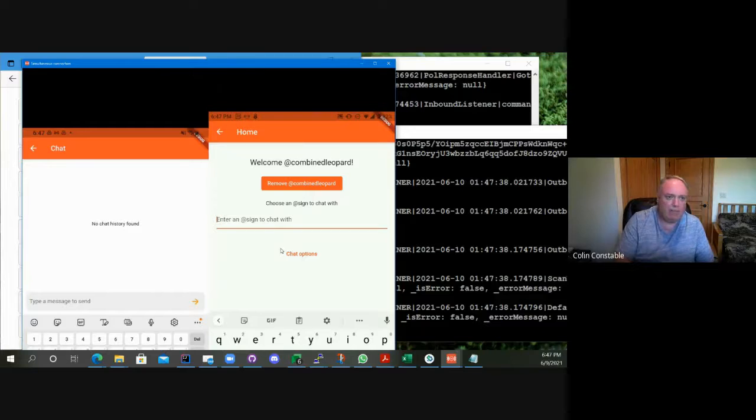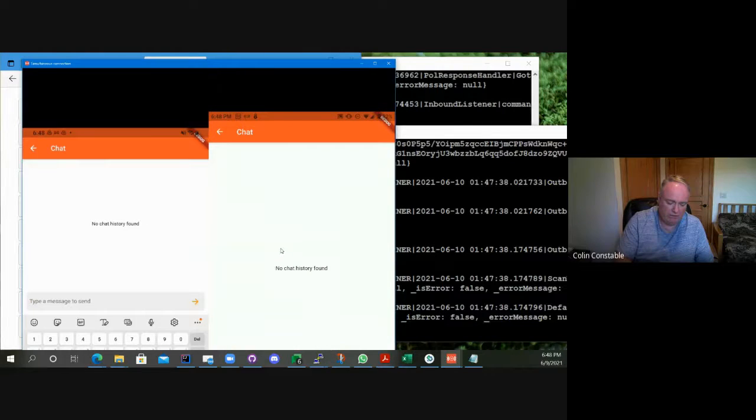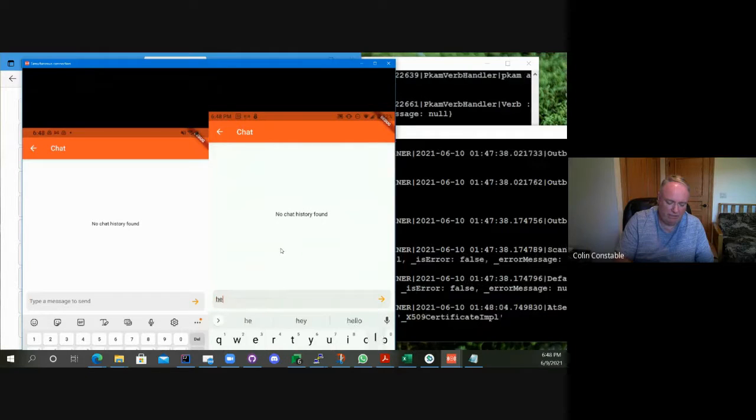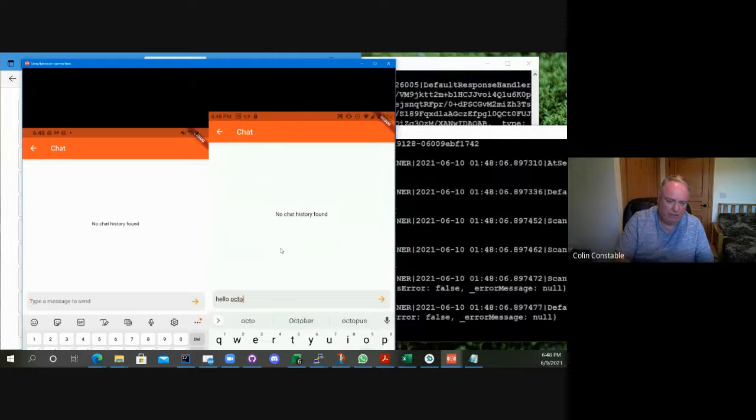So this is Combined Leopard, and it's me talking to Broad Octopus. And the chat option, I'm going to go, we could navigate to another screen or just go to full screen. I guess we'll go full screen. And you can see all the